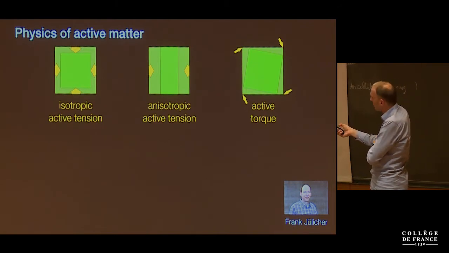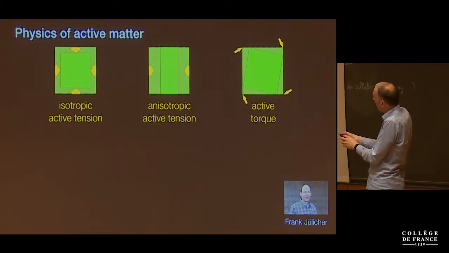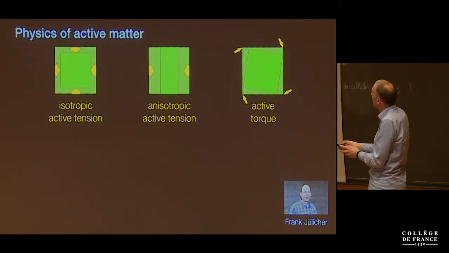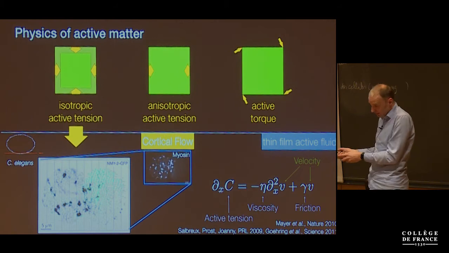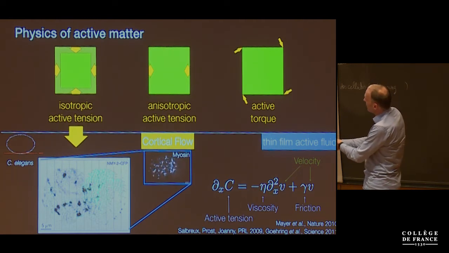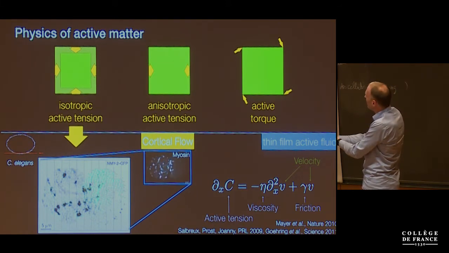And we've been concerned with three types of forces at mesoscales that are generated. An isotropic tension, in essence, by an isotropic meshwork of actomyosin. This is captured in one-dimensional form in the force balance equation that I'm illustrating here, where active tension gradients drive flows against viscous dissipation and frictional losses. You can go to an actual big cell.